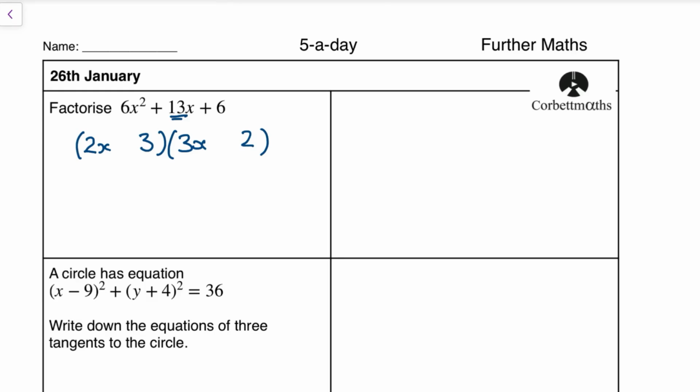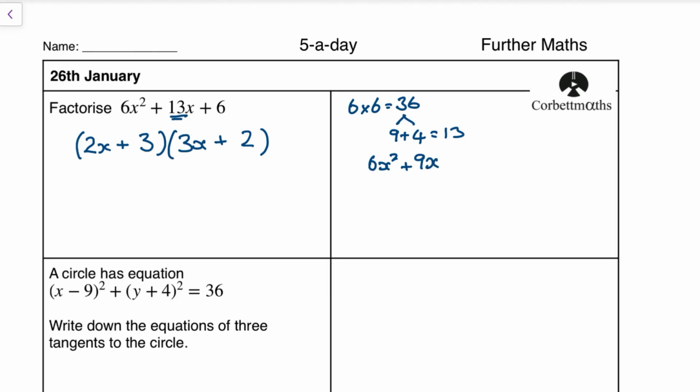Thankfully, this question is made a little bit easier because they're all positive. So it must be a plus in between, and I've got 2x plus 3, 3x plus 2. Just quickly, because I know some people like this more algorithmic approach. So 6 times 6 is 36. Two numbers that multiply to make 36 are going to be 9 and 4, because they also add to make 13. So therefore I'm going to write my original expression as 6x squared plus, well, let's do 9x first,